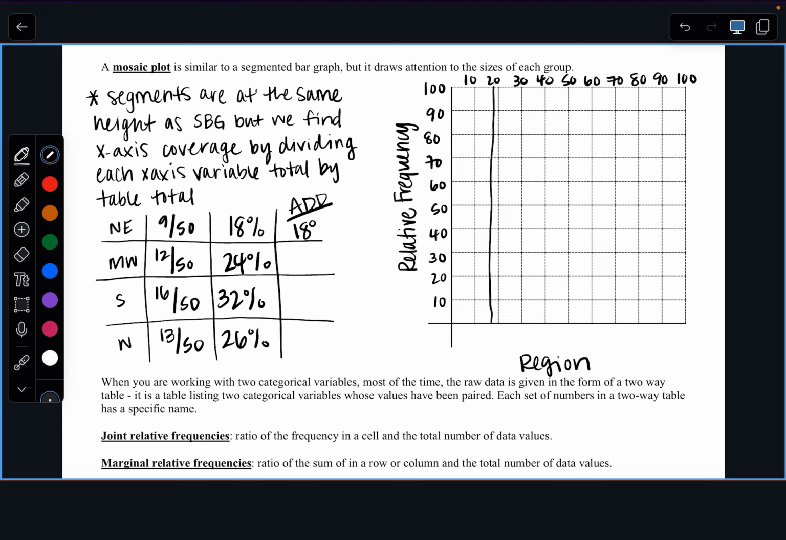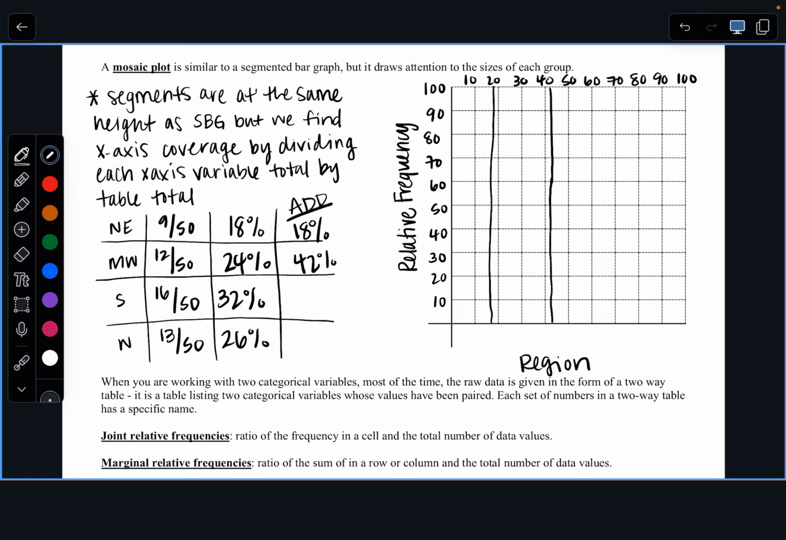So if I start with 18% and I add in that 24%, I'm going to get 42%. And so that means my next line is going to be somewhere at 42. And what you'll notice is these bars start to take up different amounts of space. And so what we can do with this is we can start talking area. If a certain segment has more area than another, it has more people, places, or things